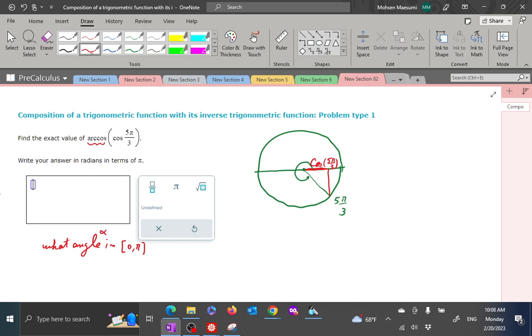In 0 to pi, the angle has the property that its cosine is the cosine of this angle you're looking at, 5 pi third. So what do I need to do? Well, as we said, our final answer has to be between 0 and pi. And to answer that, you go straight up,